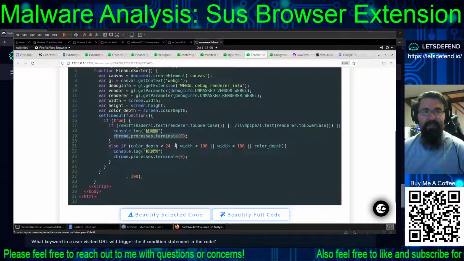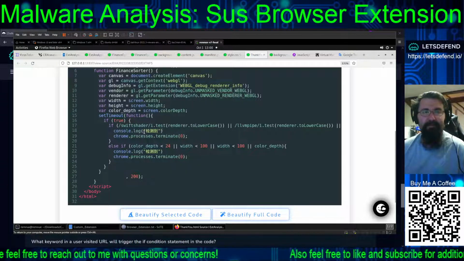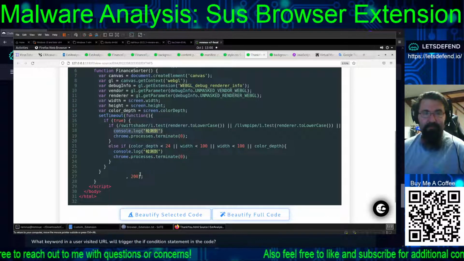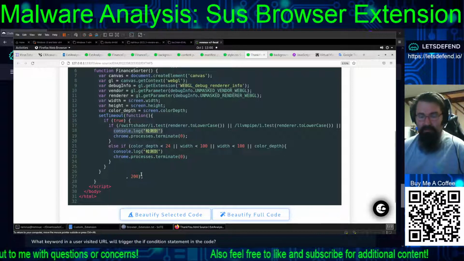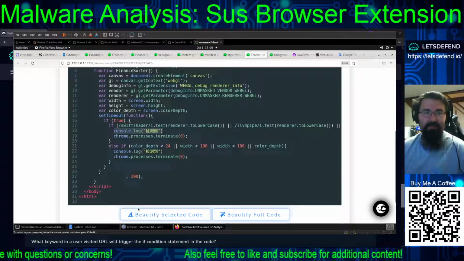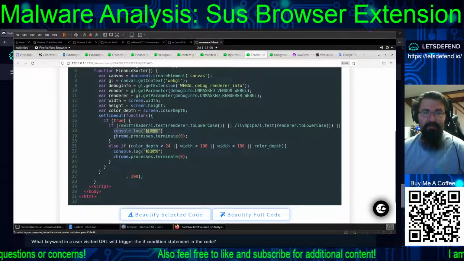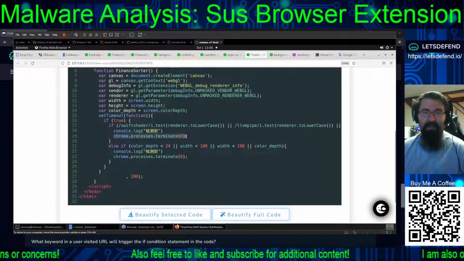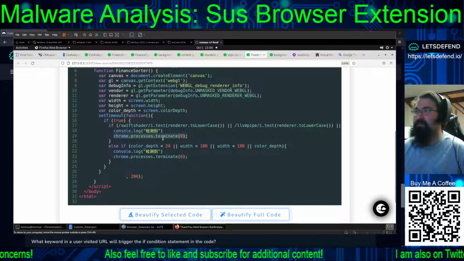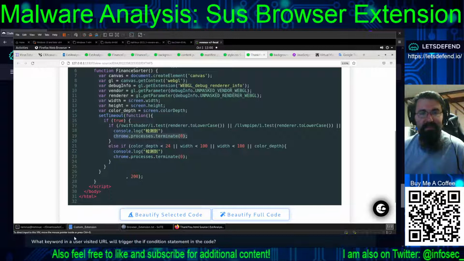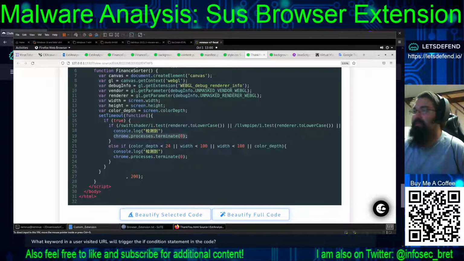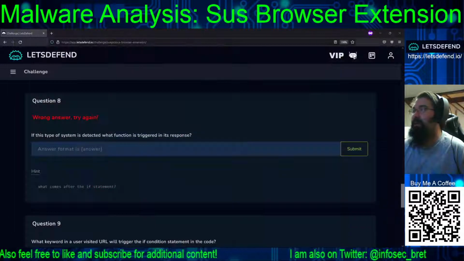What's after the if statement? Well, console log detected. Because I just tried chrome.process.terminate and then including the parentheses, zero parentheses, and that didn't get us anywhere. So let's see as to whether or not it's the actual just writing of the